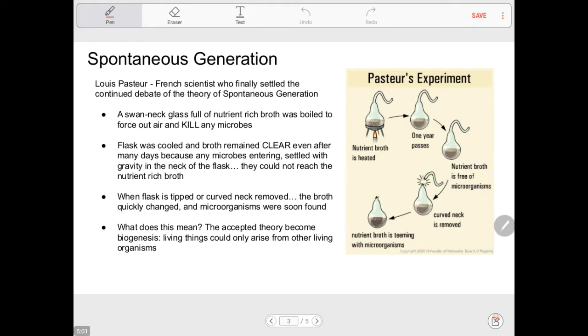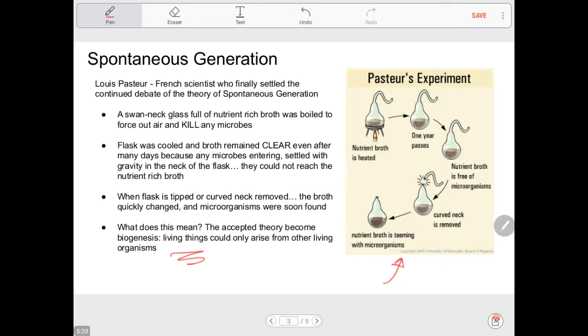The second example is Louis Pasteur. Now, this is important, and this is also going to be on your quiz and exam. For once and for all, this was the finality of it. The spontaneous generation debate was put to rest. Now, the textbook describes it here on the left in these words, but I'm going to show you, I think